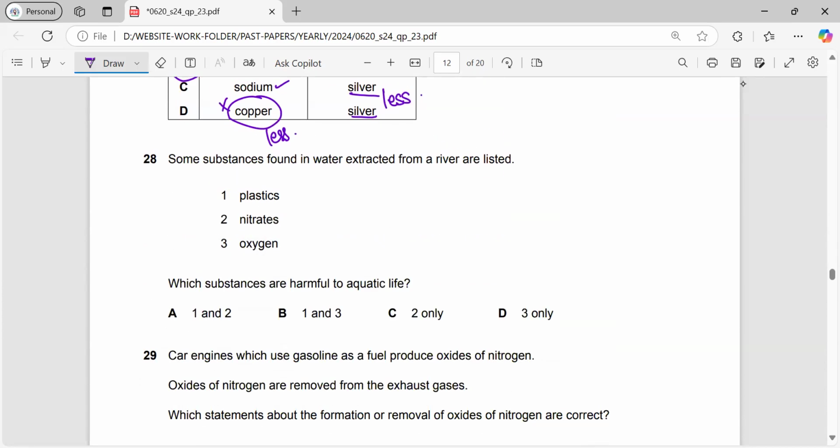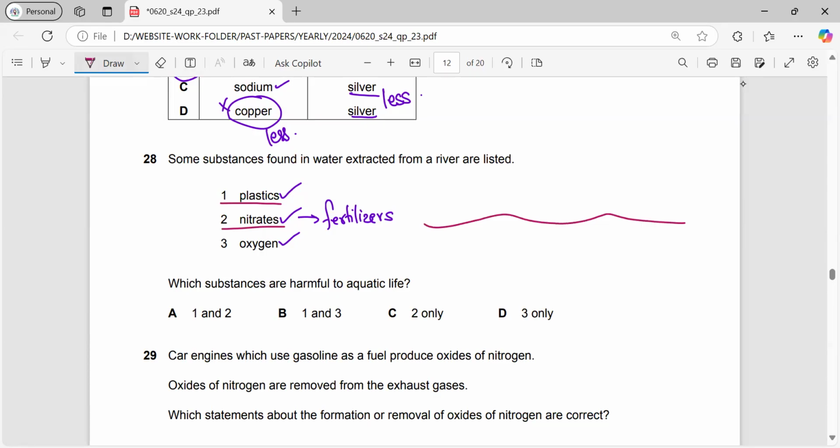Some substances found in water extracted from a river are listed. Plastics, nitrates, we get nitrates from fertilizers. And then we have oxygen, which is absorbed into the river from air. Which substances are harmful to aquatic life? Obviously, very clear, the plastics are harmful and the nitrates, because when they are accumulated on